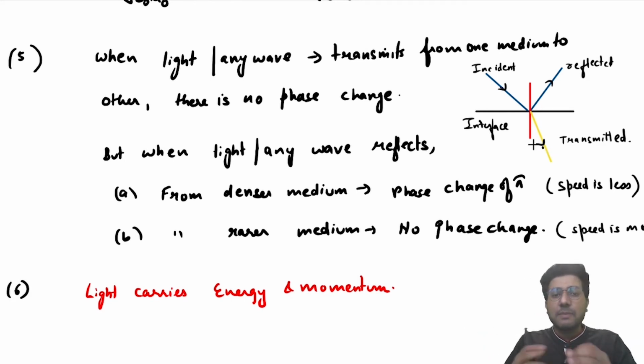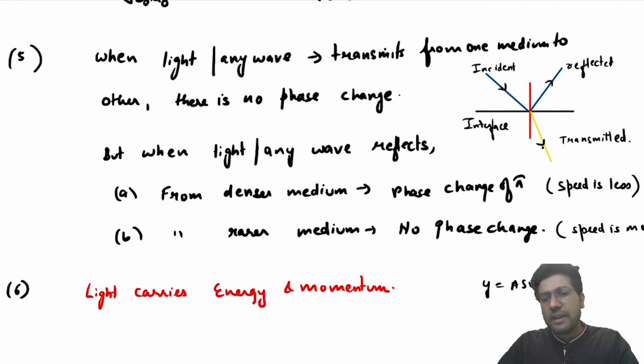Okay, there will be no change in phase. We have discussed in detail what the meaning of phase is. The oscillating function y equals a sine omega t plus phi: this term inside the sine is called phase. So phase does not change when light transmits from one medium to another, but when there is reflection of light,